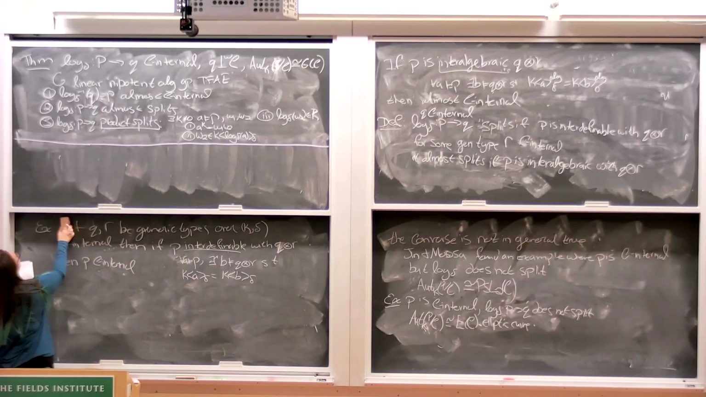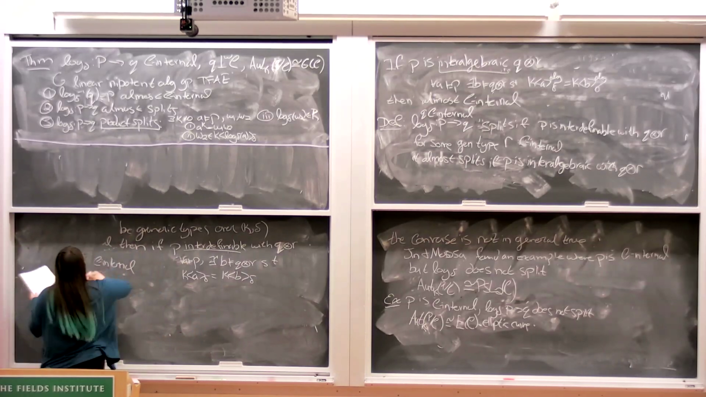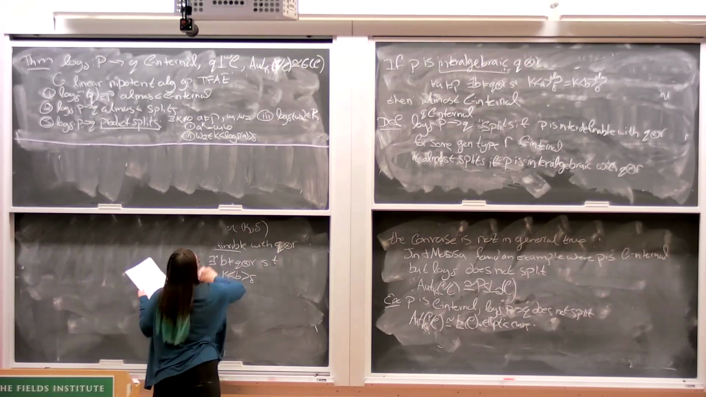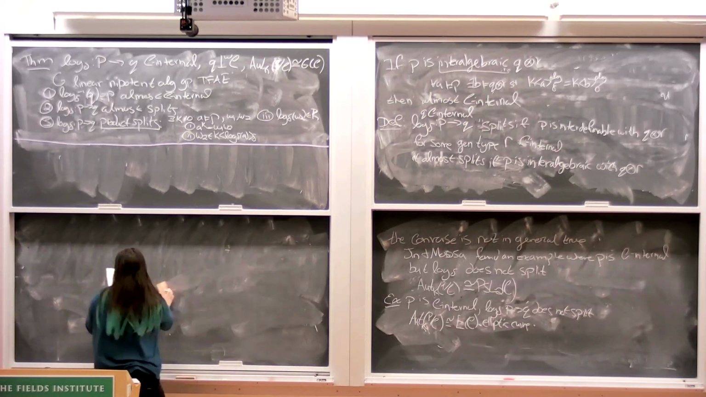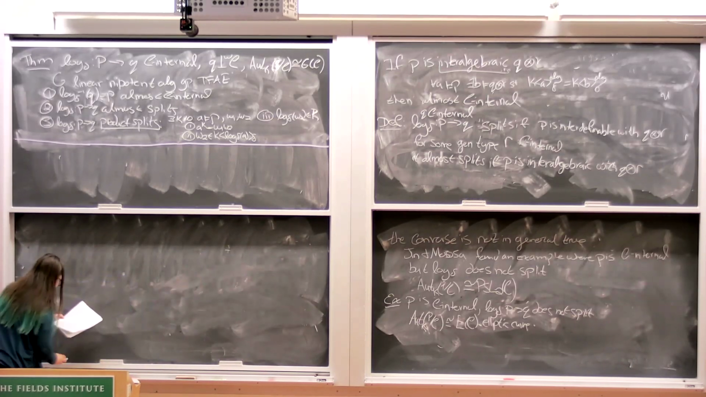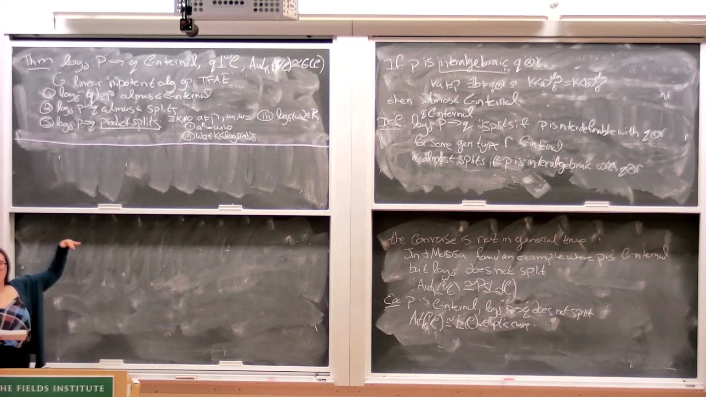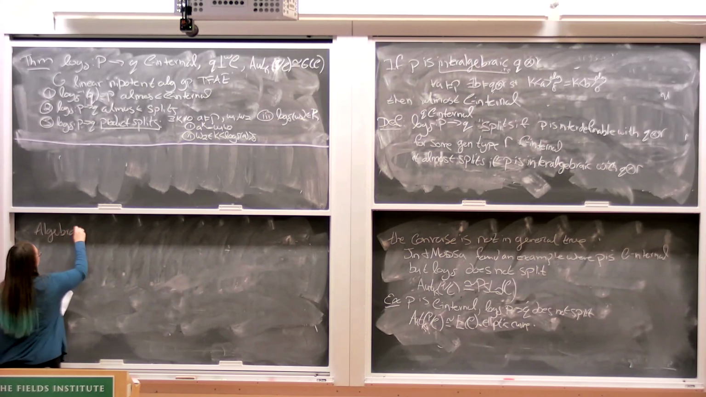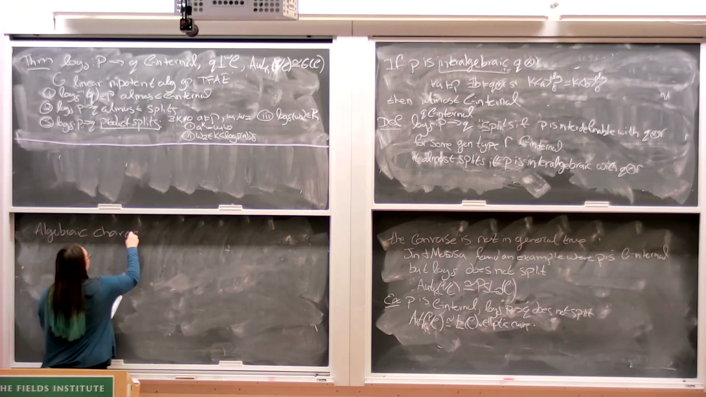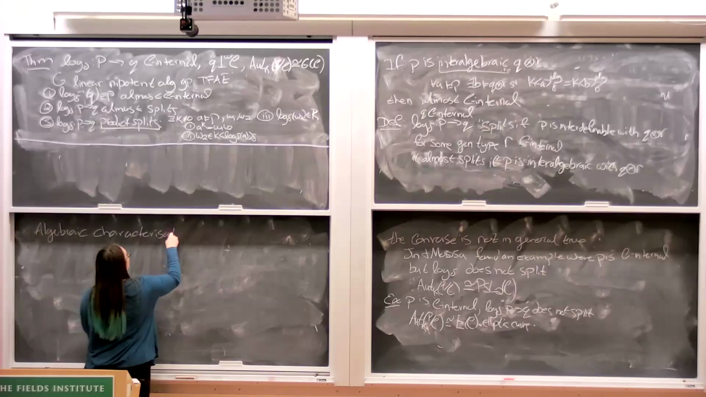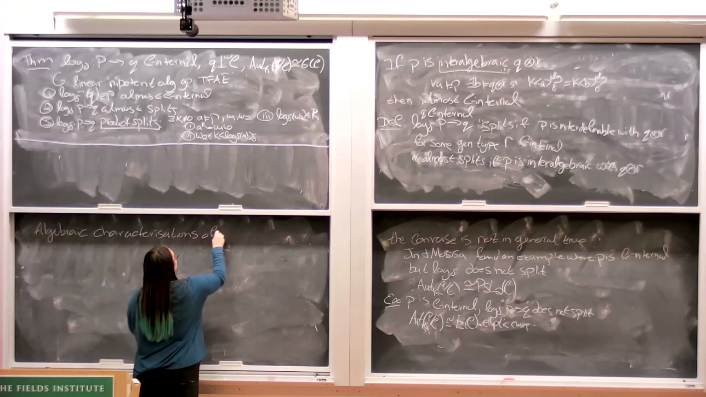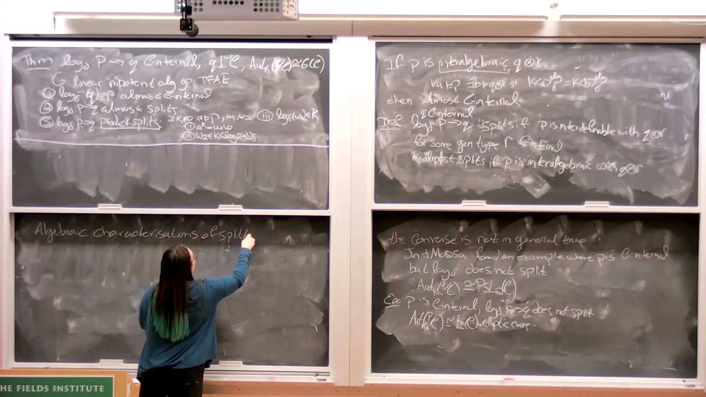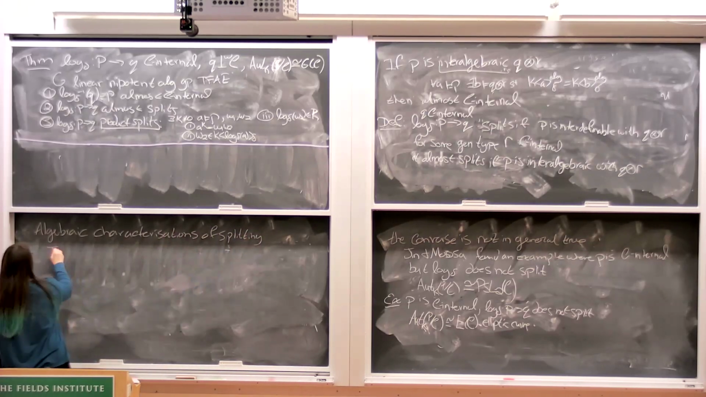Okay, so from this product splitting, we can deduce an algebraic criterion. But first, I want to say what had been done in the past to develop an algebraic criterion for this splitting. Some algebraic characterizations of splitting. So Jin and Musa